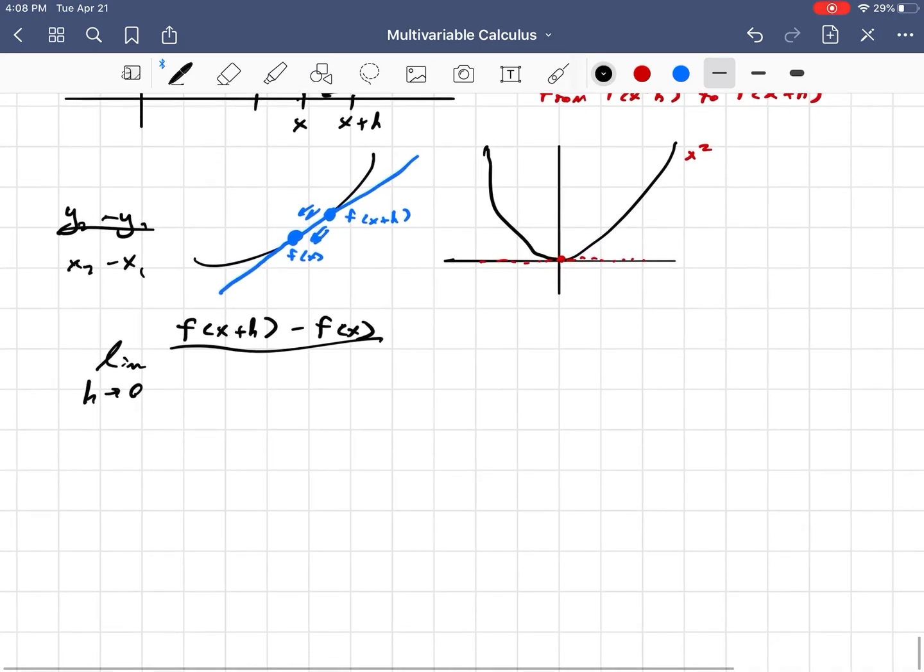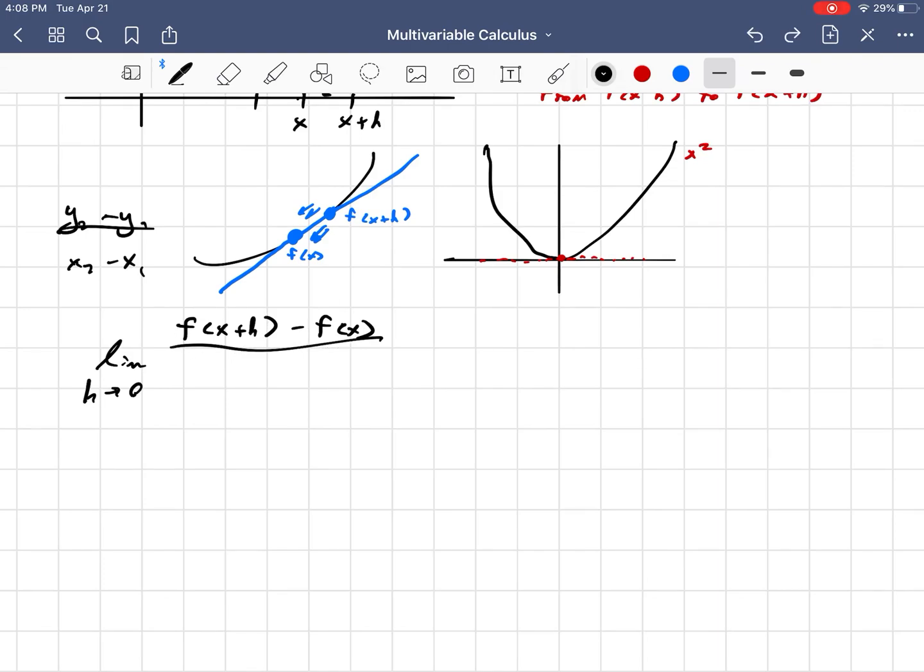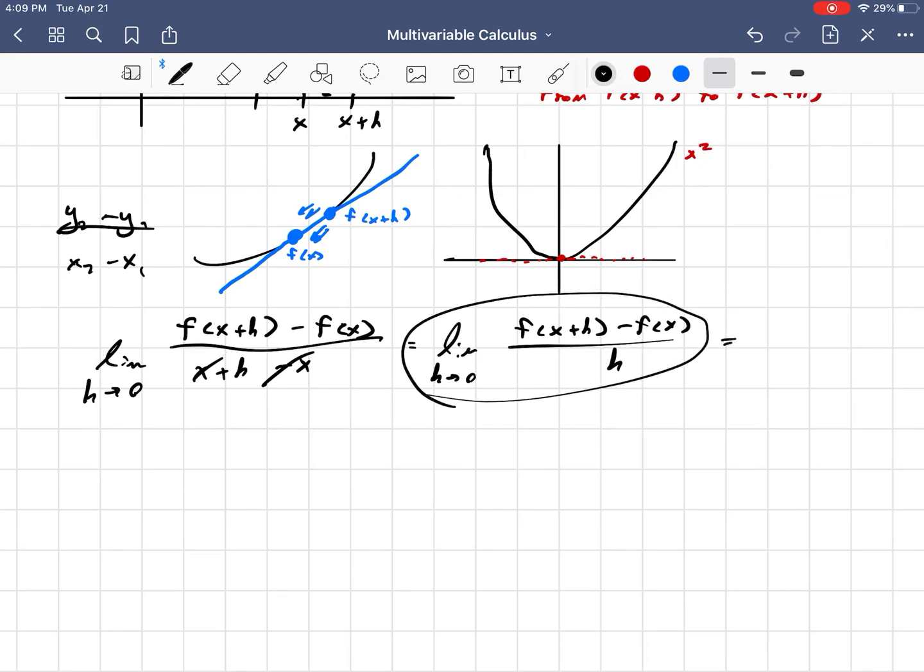y sub 2 minus y sub 1 over x sub 2 minus x sub 1. Because really, that's going to be the slope of the secant line, right? That's the slope of any line, y2 minus y1 over x2 minus x1. And so I'm letting the secant line approach a tangent line, so I'm letting h go to 0. So this is our y2, this is our y1, and now we do minus x2, which is our x plus h, minus our x. And we can write this a little nicer as limit as h goes to 0 of